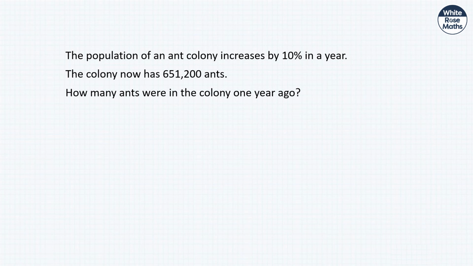The population of an ant colony increases by 10% in a year. So every year it is 10% larger. The colony is now this amount. How many ants were there a year ago? So here I've got x times... Now, if it increases, it's what I call a percentage increase, so times 1.1 is equal to